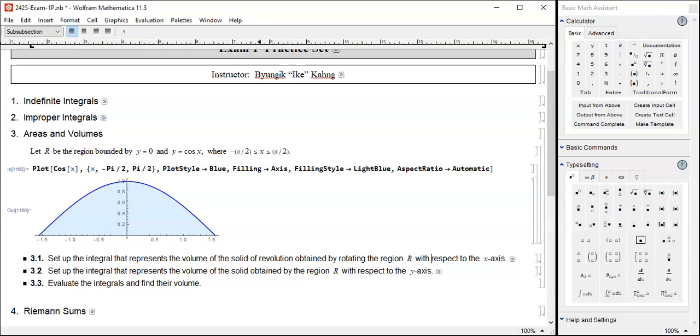Okay, now it makes sense. Sorry about that. And then set up the integral that represents the volume of the solid of revolution